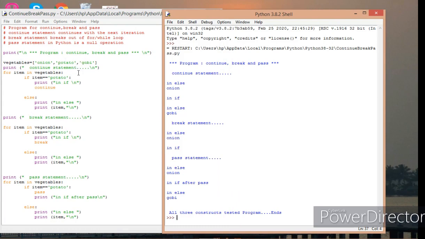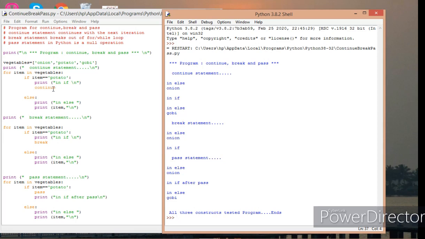First of all I am going to check with the continue statement. For item in vegetables, it takes each element of the list, onion, and assigns it to item, and we are checking here if item is equal to potato, then I am just printing in if and continue.